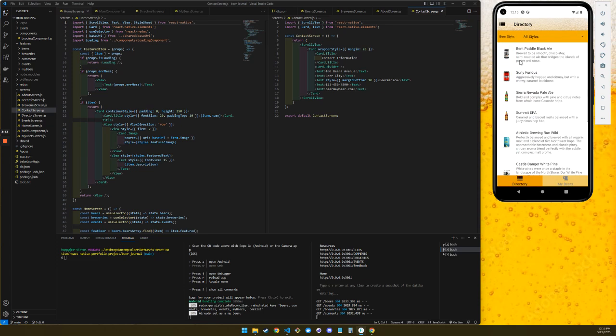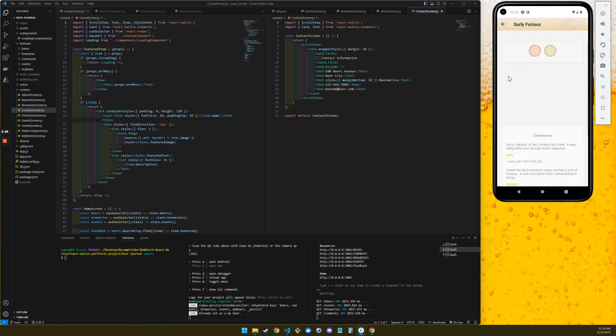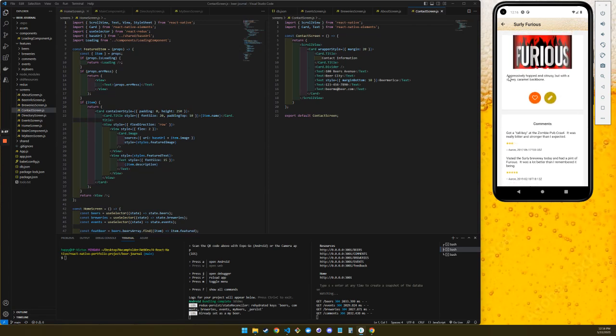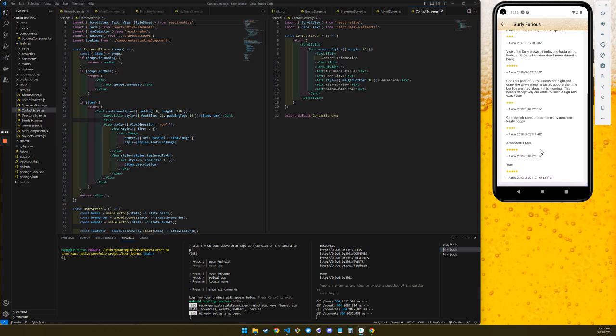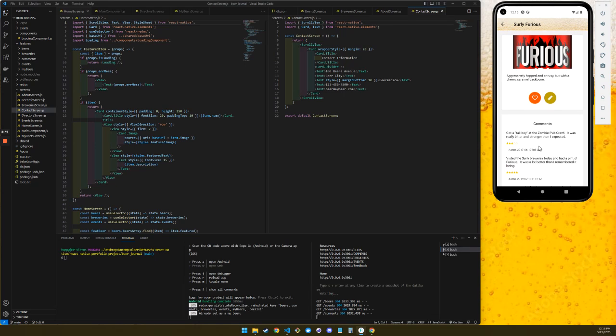But the beer screen here is where all the good stuff is. So this is the beer directory. It's populated with tons of beers. I've actually got 8 in here right now, but that's enough to give you the idea. Users can go through and click on these, and they get a nice little animation as they load. And it's got an image of the beer, a list of the previous comments with the rating, the dates, and